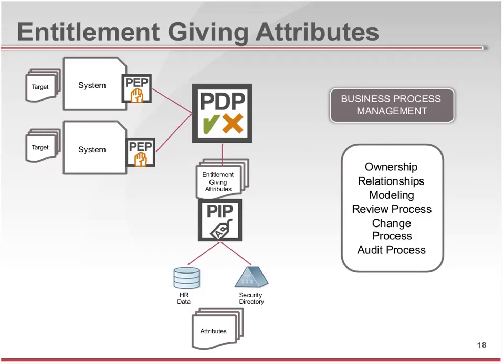So these questions over here to the right are where we live. Who owns the attributes? What are the relationships between them? And how do we model those attributes so that the business can make sense of them and review them, review who has them, and how do we manage that process of changing those attributes? Who can change them? Who needs to approve those changes? And what's the life cycle of those attributes? So if attributes are the driving element behind who gets access to what, the integrity of those attributes is key. And that's where we live.